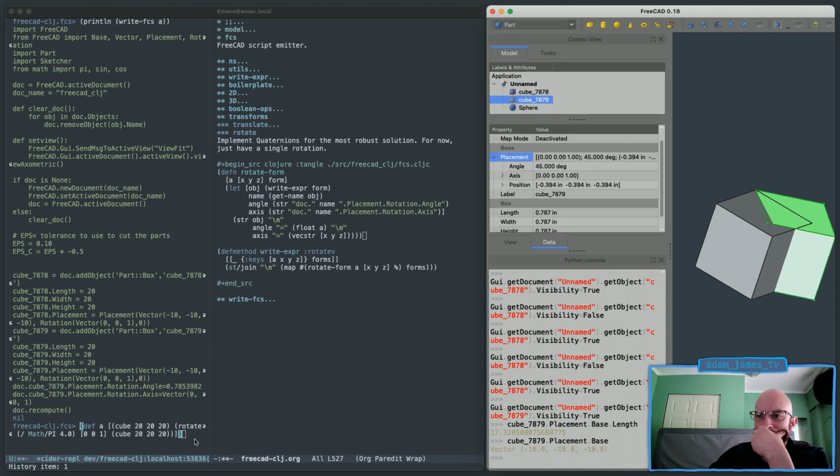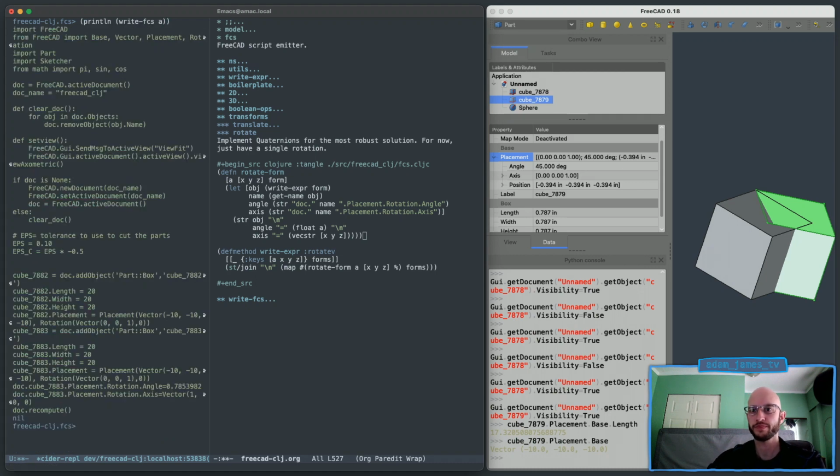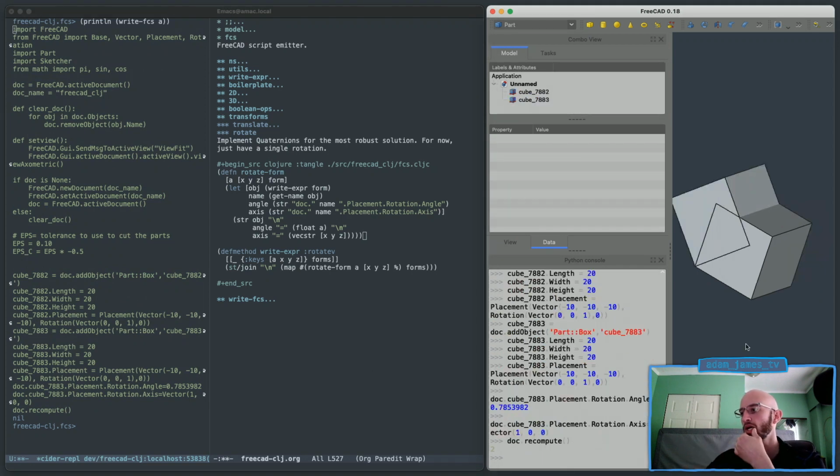I'm ping-ponging my focus around a little bit. Sorry for that. Let's rotate it about X and see what's up. Let's try this out. Copy. Pasterino. Okay, so